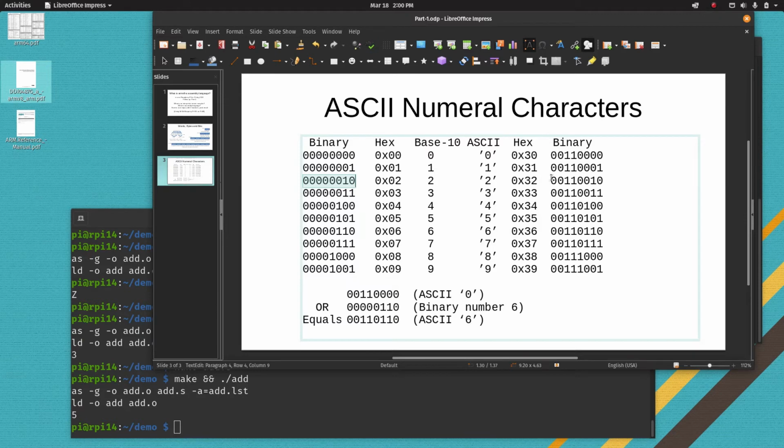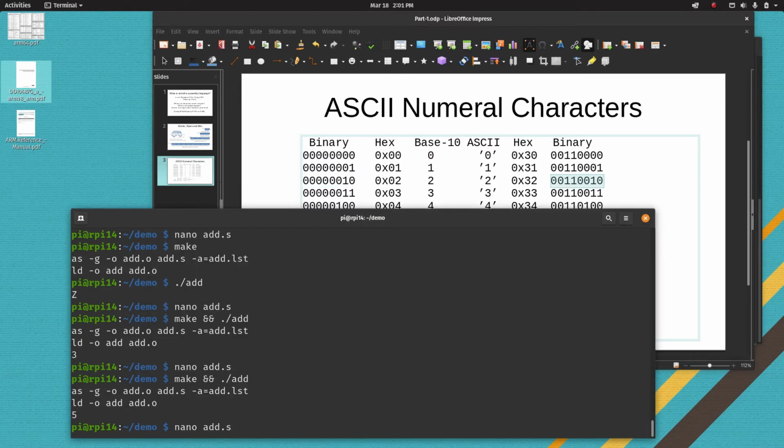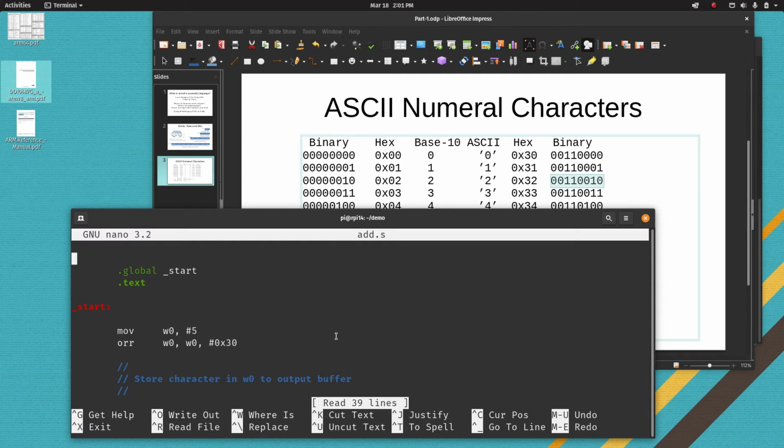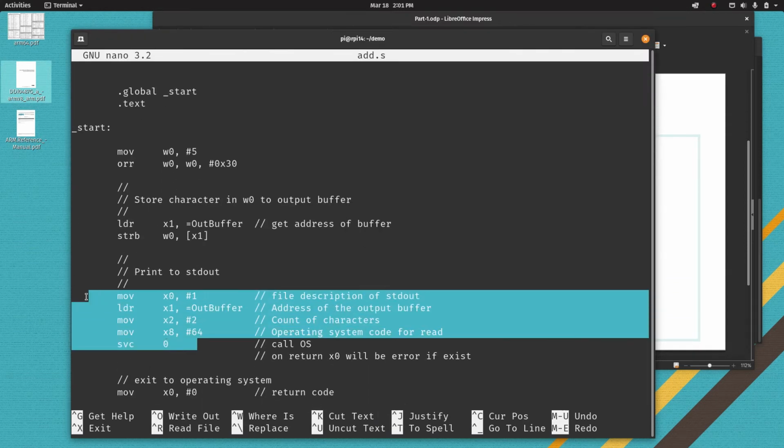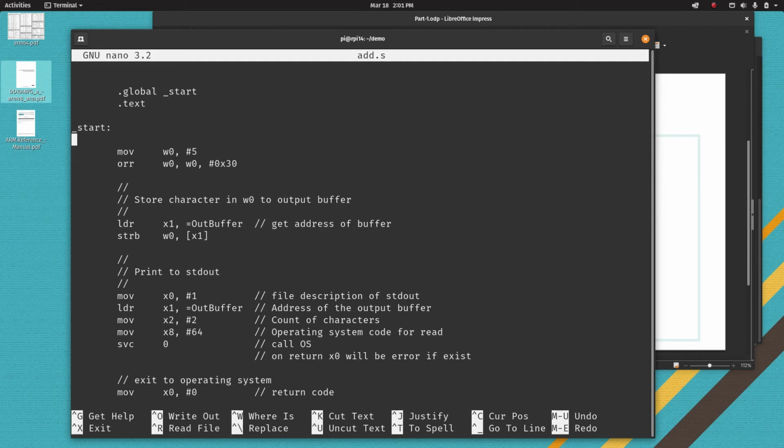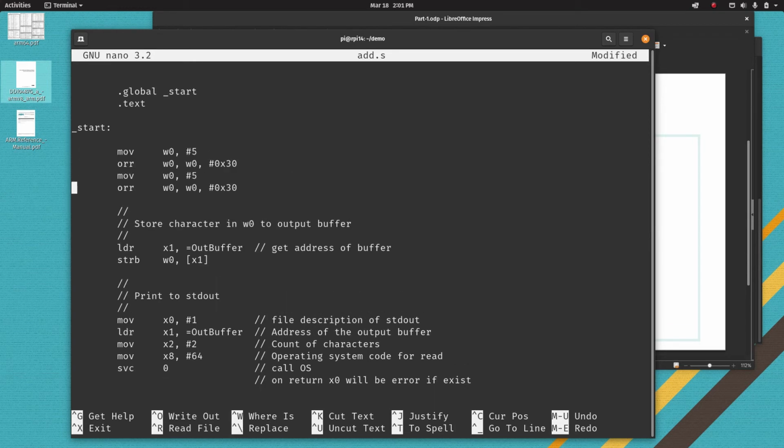So, okay, I can take a binary number and convert it to an ASCII digit, and then I can send it to the call to the operating system, which is going to print the character. Here's a print the character, and then it will exit the program. So I should be able to do an addition. That was my goal, was to do an addition. So if I copy these 2 lines and I put 3 into the W0 register,